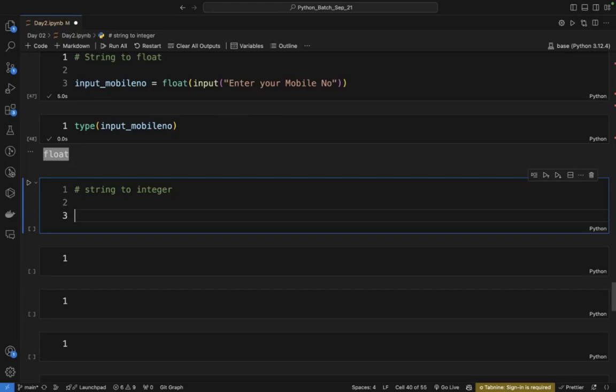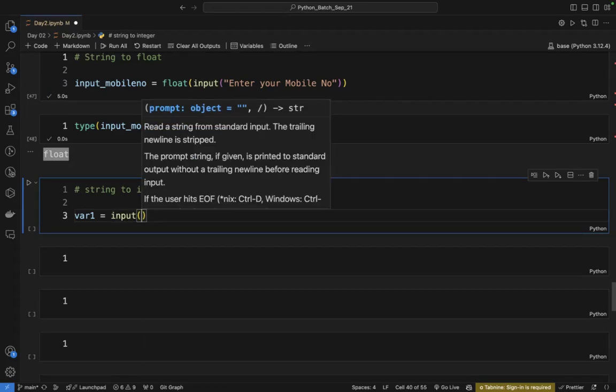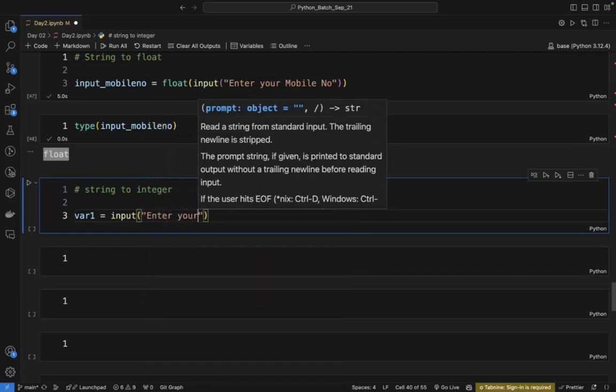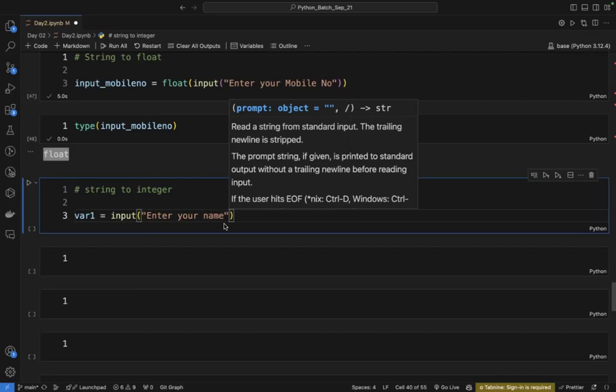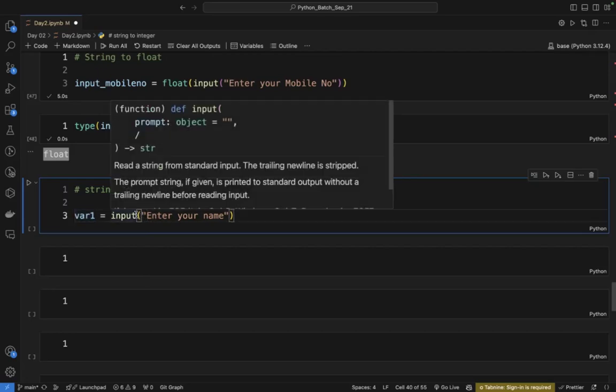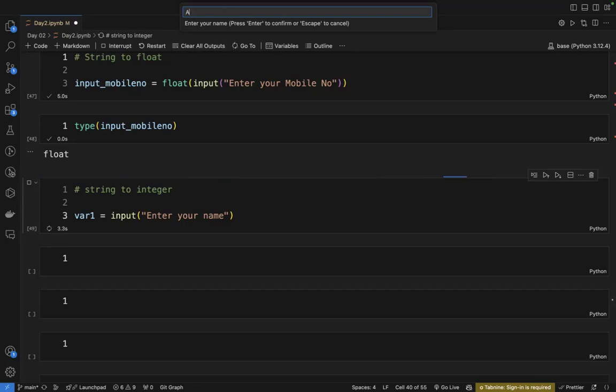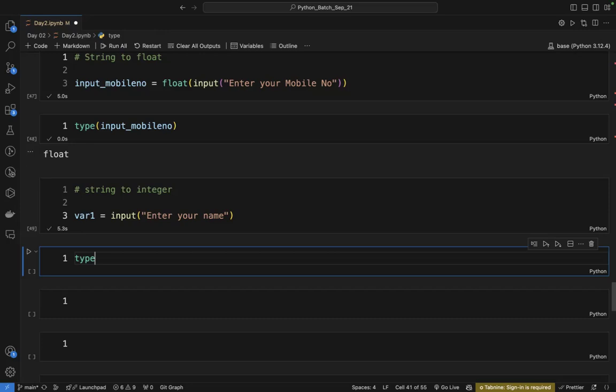अभी लेट्स से कि क्या करते हैं, मैं ये कर रहा हूं कि आई एम टेकिंग वन वेरिएबल var1 and I want to input enter your name. मैं ये आपका नाम इंटर करना चाहिए, इंटर योर नेम, फाइन। ये मैं एंटर पूछ रहा हूं और इसको मैं एक वेरिएबल के अंदर स्टोर कर रहा हूं, ठीक है। तो डेफिनेटली ये एक स्ट्रिंग डेटा होगा। पहले हम इसको कर लेते हैं, इसके बाद मैं आपको समझाता हूं। फर्स्ट रन दिस एंड नेम मैंने एंटर कर दिया अपना नाम ANUP।